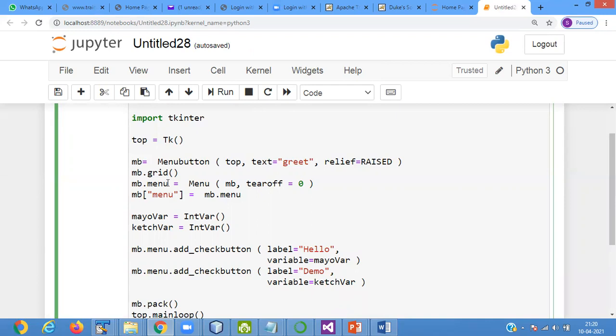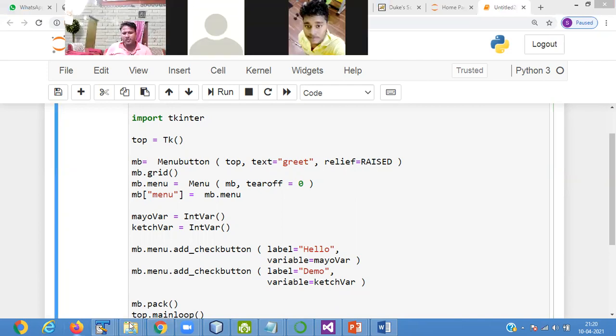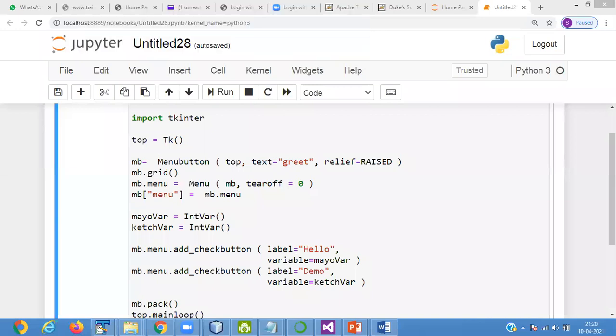It is a geometry manager organizes the widget in a table-like structure.